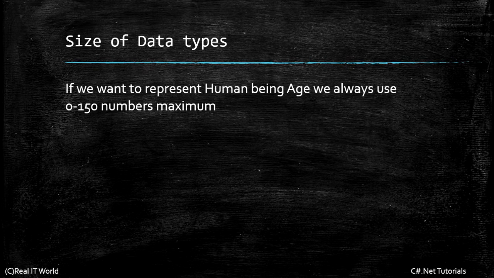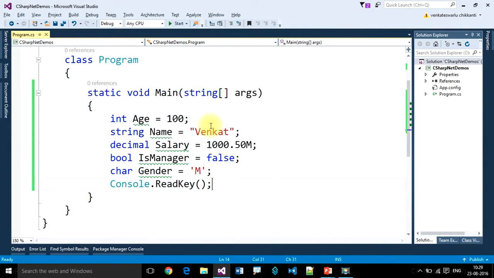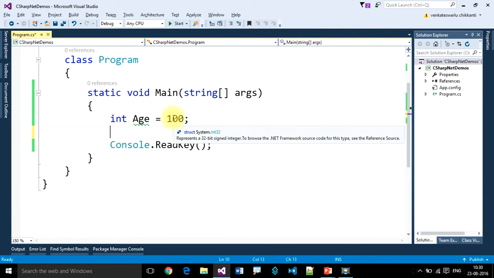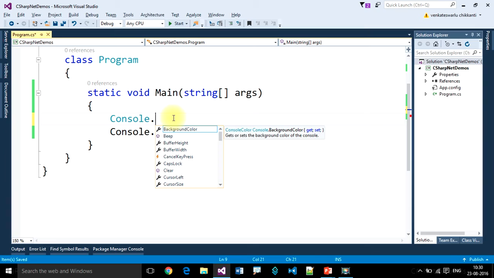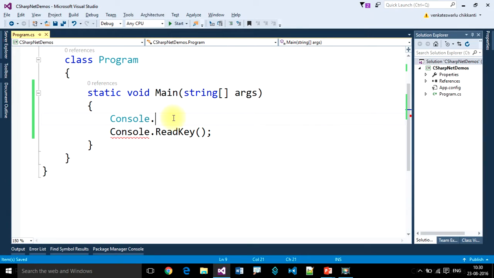So let's look at what is the size of integer. Remove this data, this also. If you want to find out the size of integer, Console dot WriteLine of, I want to see the size of integer.